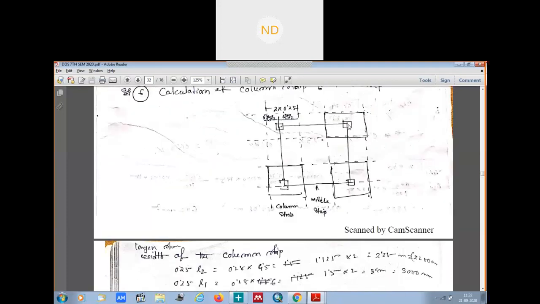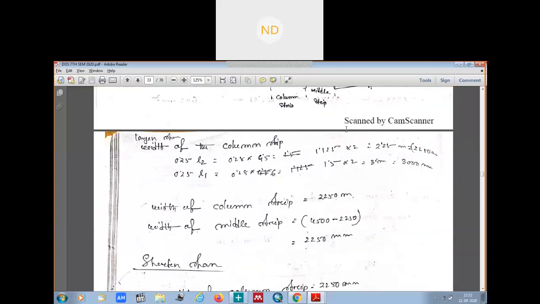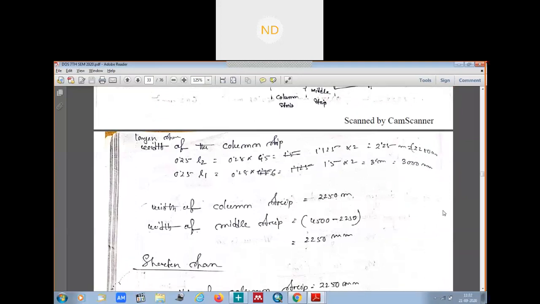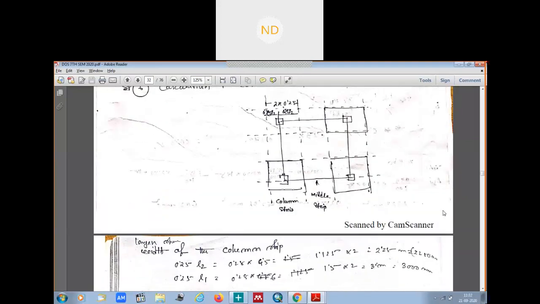Now along the shorter span, what is our width? Whether we calculate it from the longer span or along the shorter span, this width of the column strip from this side is always the same. So it is 2250. Along the shorter span also it is 2250. But now along the shorter span, what is your width of the column strip? That means your this distance,